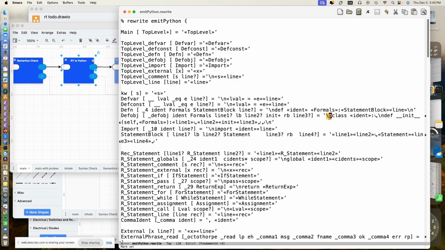as a new line followed by the word class, followed by the value of the ident here, put in here, followed by a colon, followed by an indent, followed by a new line, which will then get indented, followed by def, followed by a space, followed by underscore, underscore, init, underscore, underscore, parameters, self, comma, and then the interpolation of the formals that we got from a different rule, followed by a close parenthesis, followed by a colon,